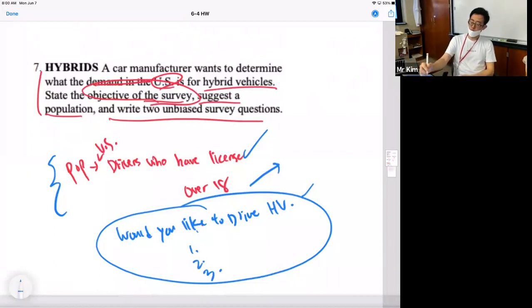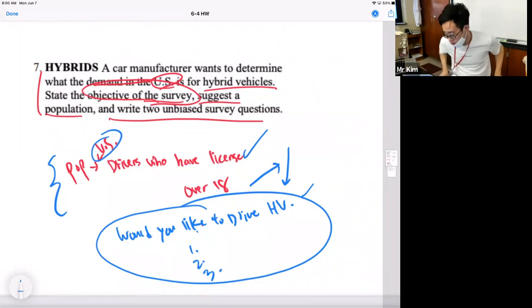We want to make sure that we create unbiased opinions. We don't want to just select the people from New Jersey because we are talking about the United States. You know, just eliminate all the types of biases out there so we can get the general idea of how the entire United States drivers think about hybrid vehicles. Most likely by the time you guys start driving, in your college later years, more hybrid cars will be available in the market, I think.